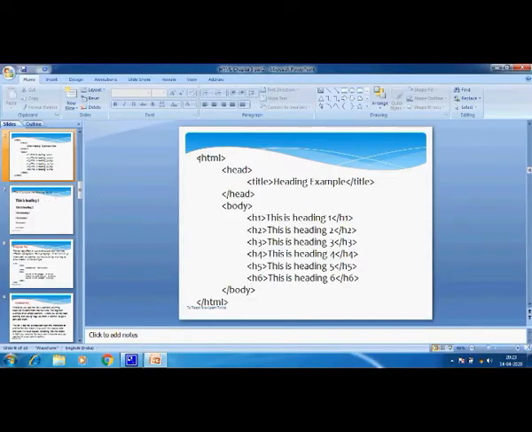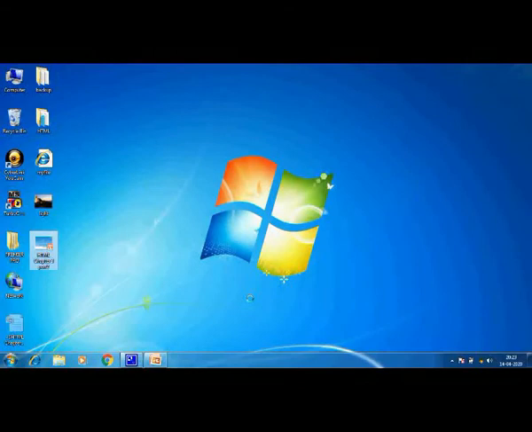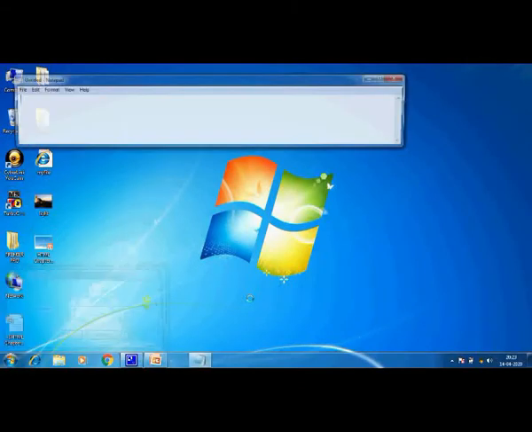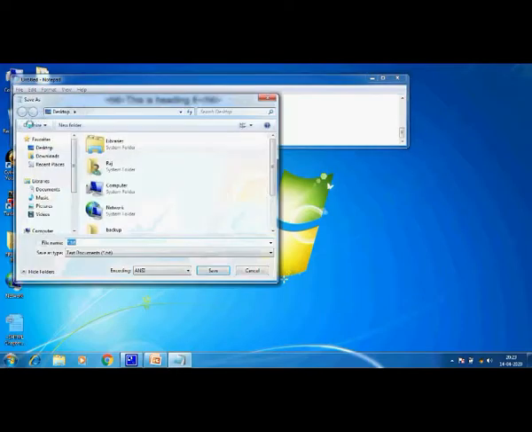And we have this code. I'll copy it from here so that I need not write it again and again. Control C. And you all are aware, for writing the code we need to have an editor, that is my notepad.